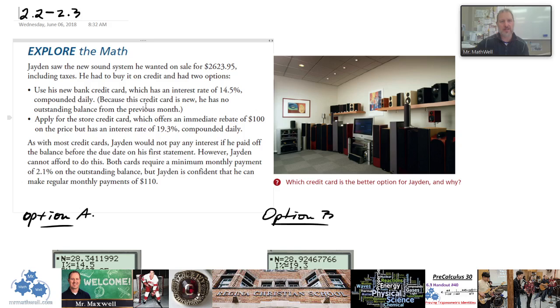So it says this: Jaden saw the new sound system he wanted on sale for $2623.95, including taxes. So this is the total amount that he's looking to spend here. He had to buy it on credit and had two options. So the first option was this: use his new bank credit card, which has an interest rate of 14.5% compounded